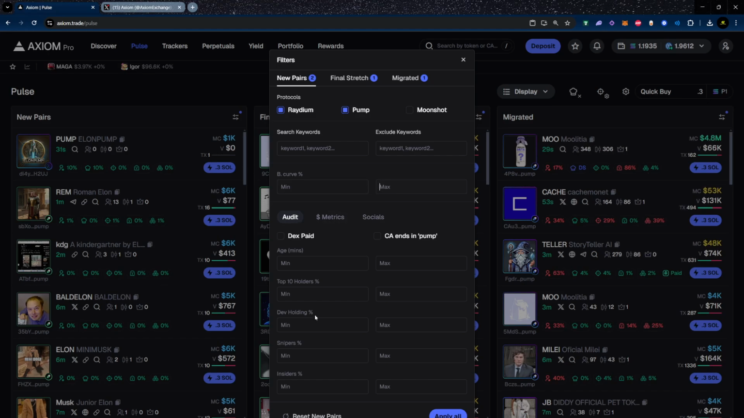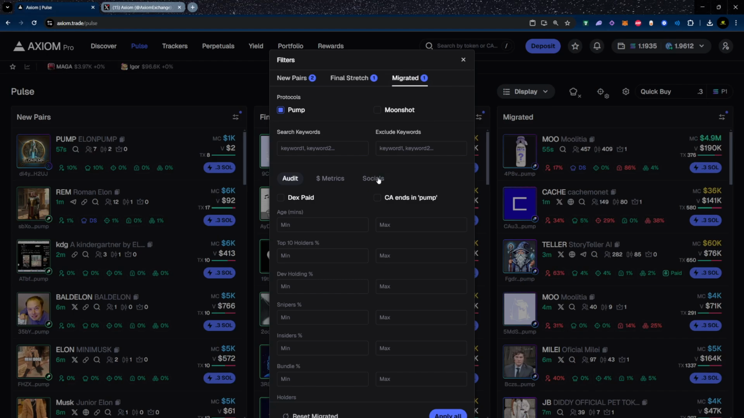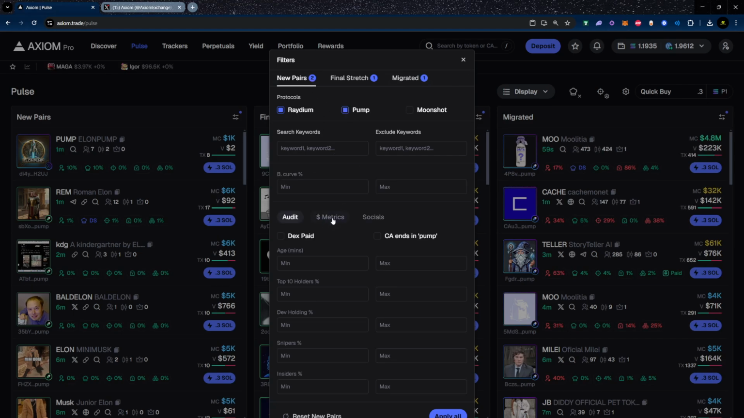You can also go to the audit, which shows the age of the token. Say you want a coin that's 10 minutes old or something like that. Top 10 holders amount, dev holding percentage, snipers, insider percentage, bundle percentage, holders, the pro traders, and you can do that for the new pairs, for the final stretch, and for the migrated. And then on top of that, if you click right here where it says metrics,